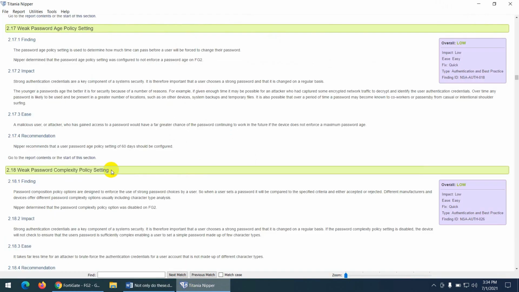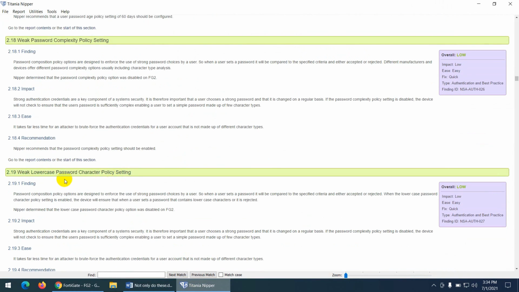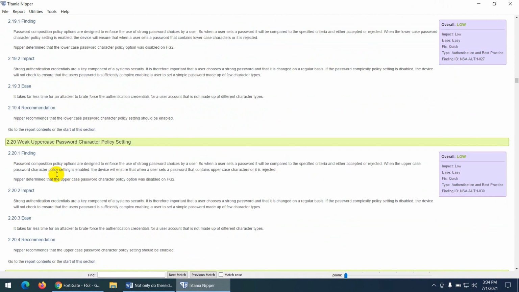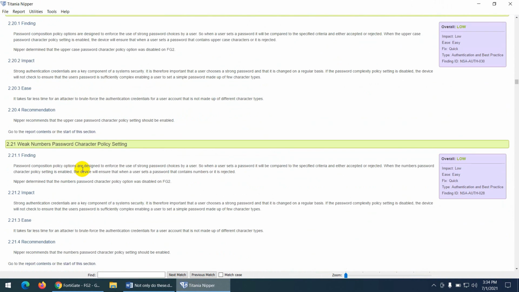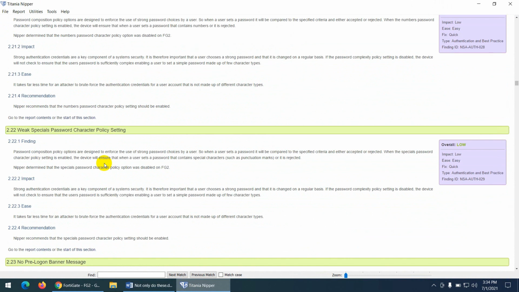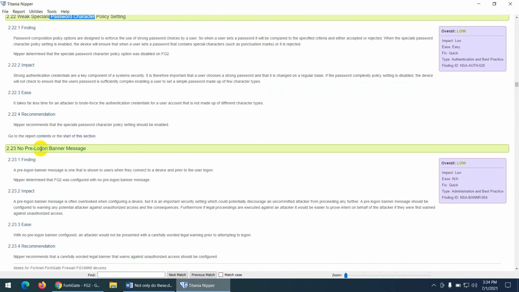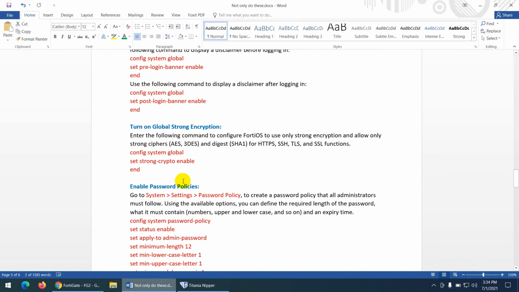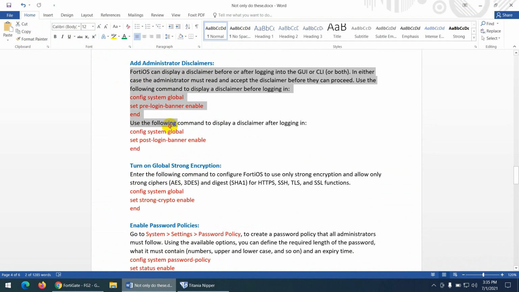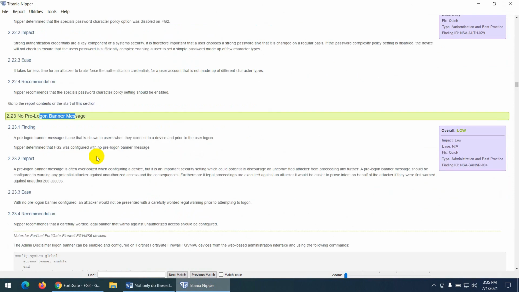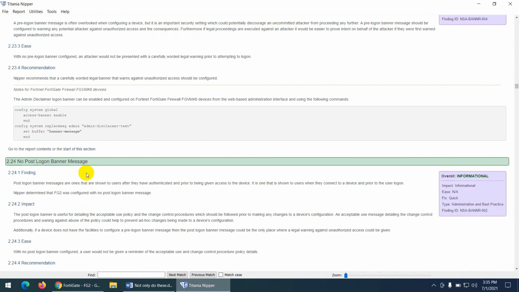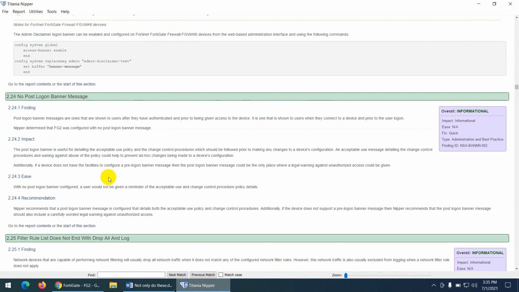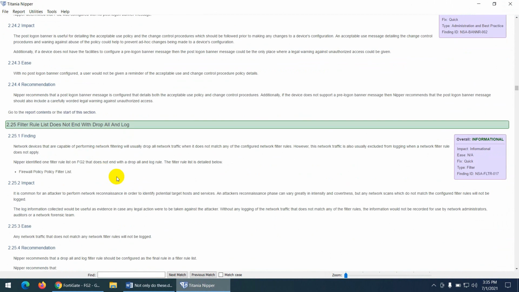So again, yes, it's true. And all these things, then they say lowercase is not there, uppercase is not there, which I wrote there. Then a number is also not there. In the password, there should be a number as well. A special character is not there. Login banner, again no banner is there, which we will put. So the banner one is this one, before and after login. So no pre-login banner, and no post-login banner. And then they mention their recommendation.